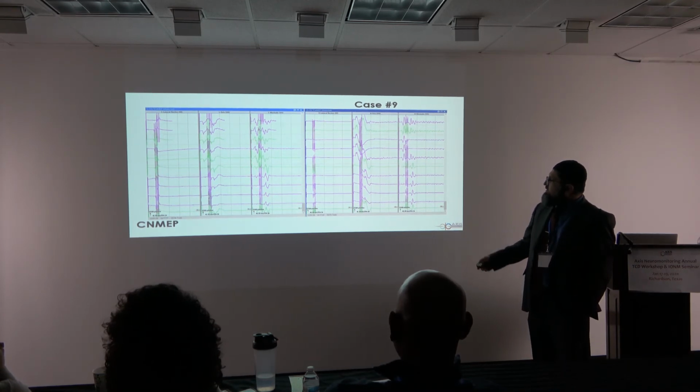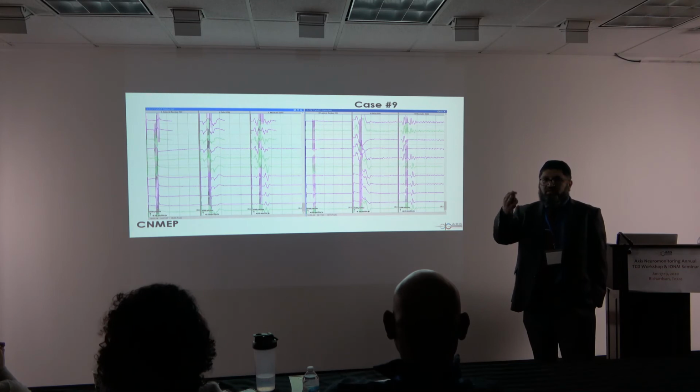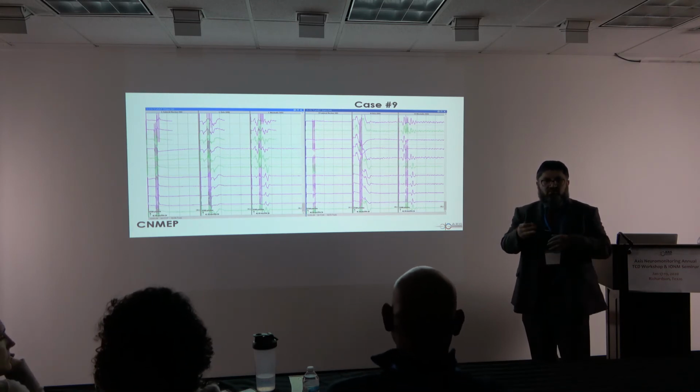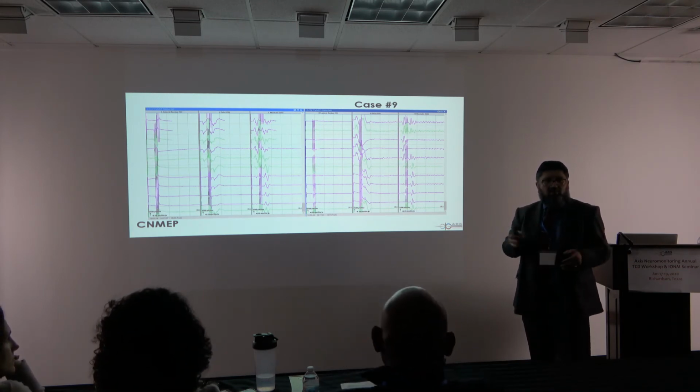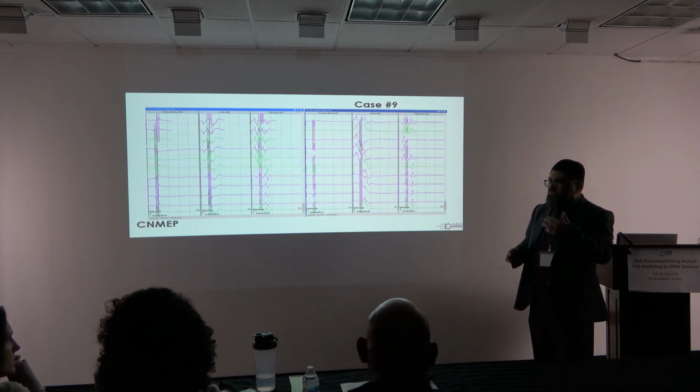So now they have it on the left side, same thing on the right side. You can see on the right side, you have a single pulse response. So either you can do single pulse and then multiple train pulse, but you have to go back and change the pulse every time. Or you can set up a double train, which is much easier, and you can compare in each trace instead of 3.